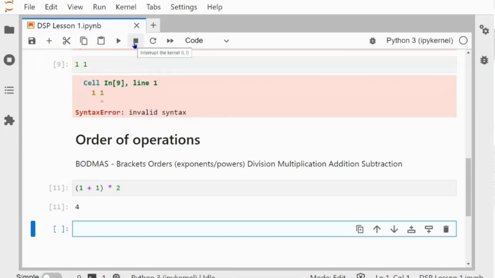Interrupting the kernel doesn't always work. Sometimes it's just stubborn and it doesn't want to end the process. So what you could do is use the next one, which is restarting the kernel. Restarting the kernel is not ideal because it's going to erase everything that you have done. Right now, it doesn't really matter because we're not storing things, but in the future, we're going to start storing things and then using them.